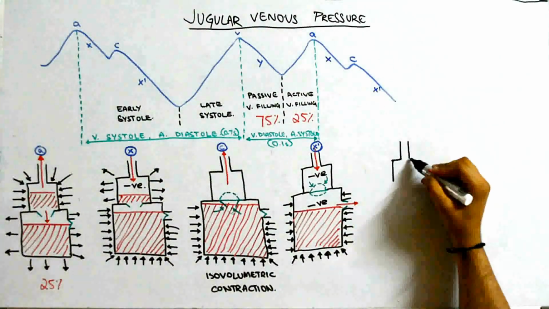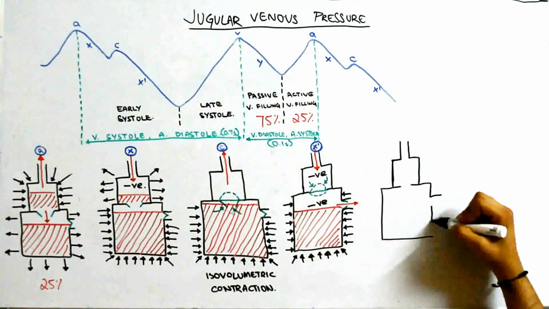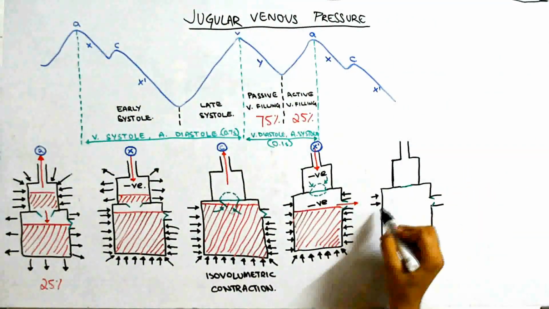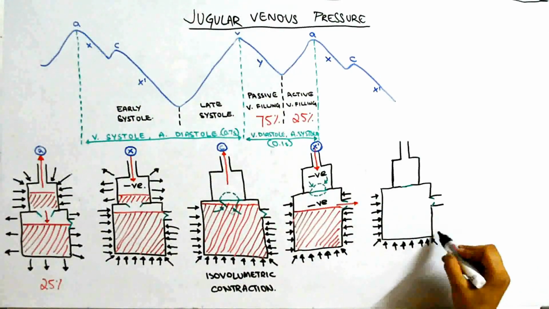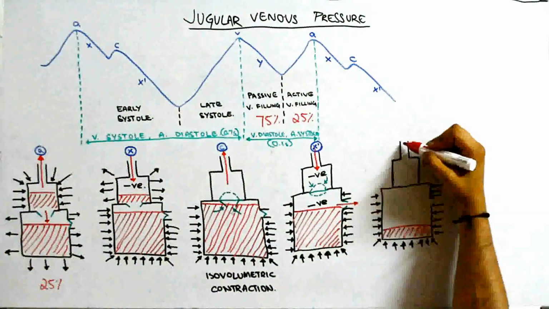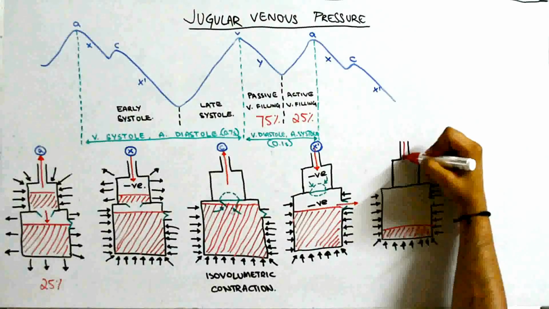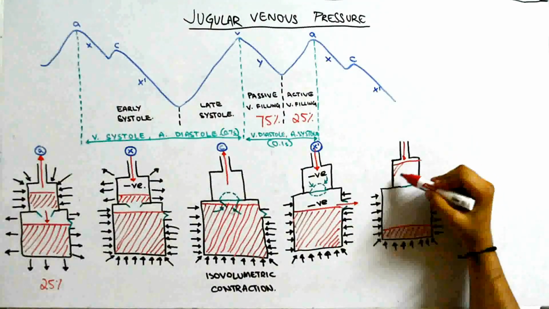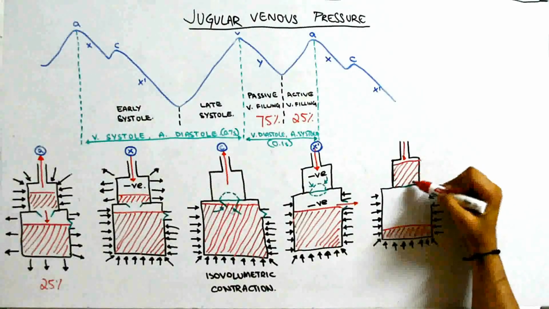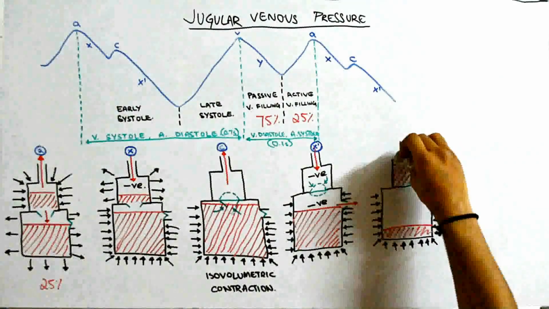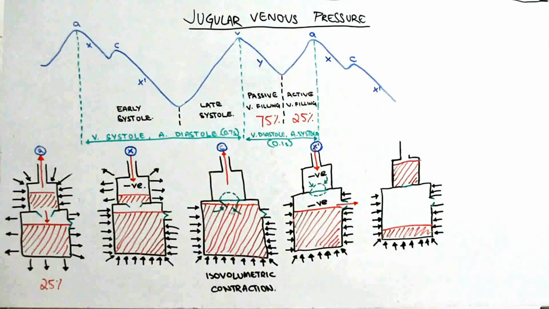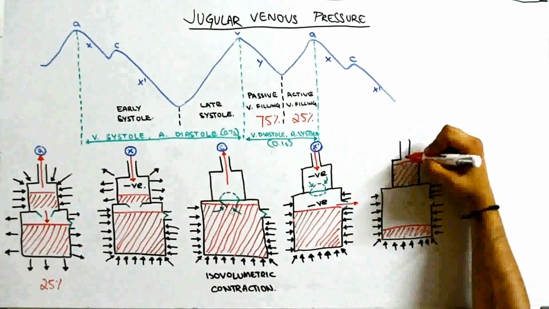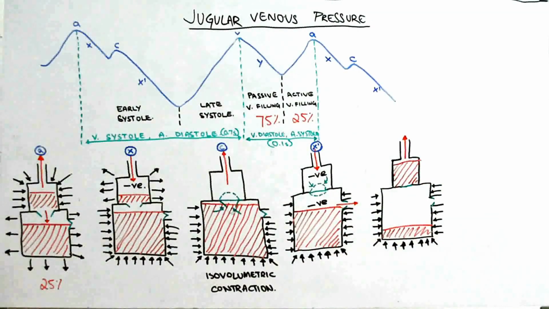So, in the late systolic phase, the right ventricle is still contracting and emptying blood into the pulmonary artery. At the same time, the atrium is relaxing, or is in diastolic phase, and is actively getting filled with blood as the tricuspid valve is also closed. So, towards the end of late systole, the atrium is almost full with blood. This results in any blood that comes into the right atrium getting regurgitated back into the IJV, resulting